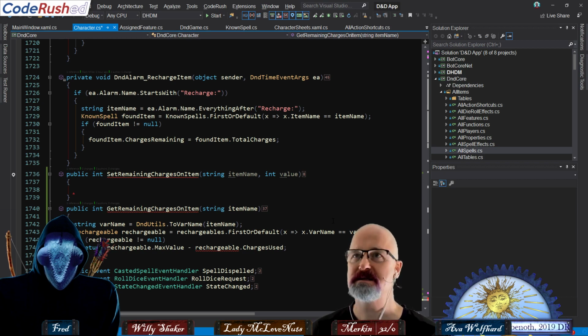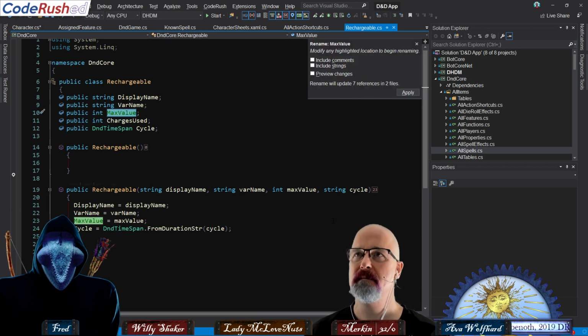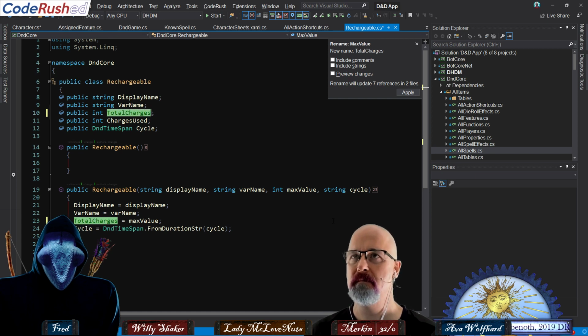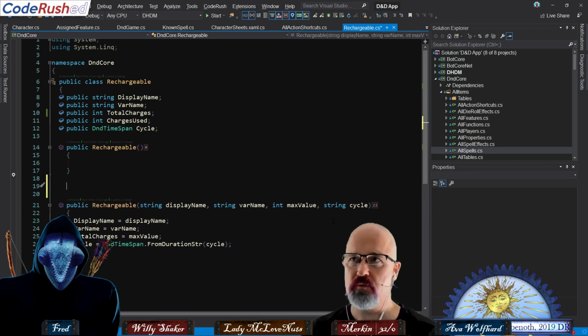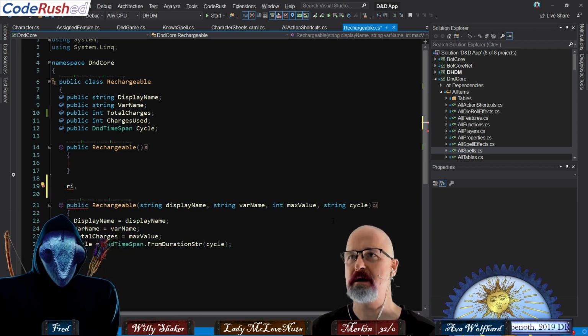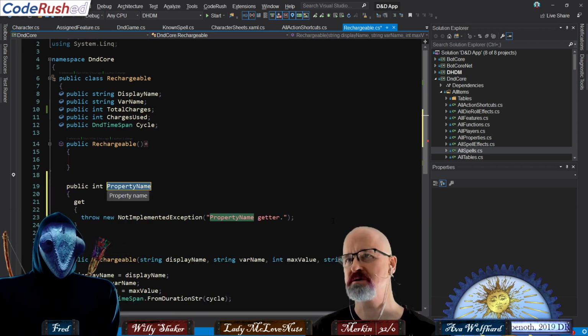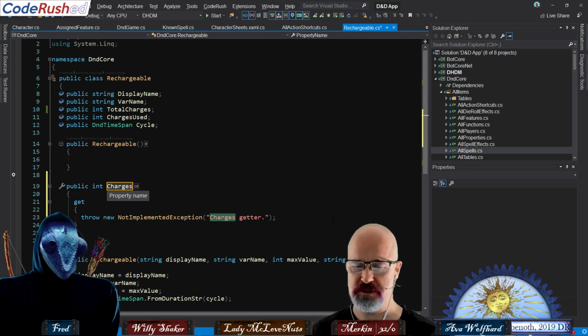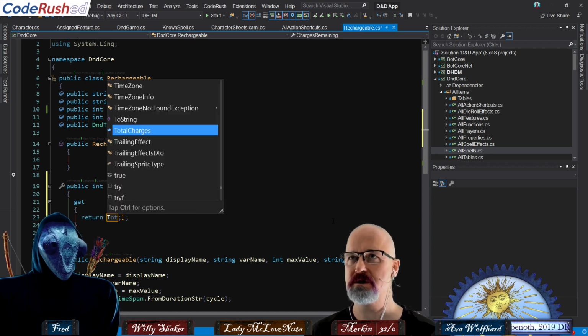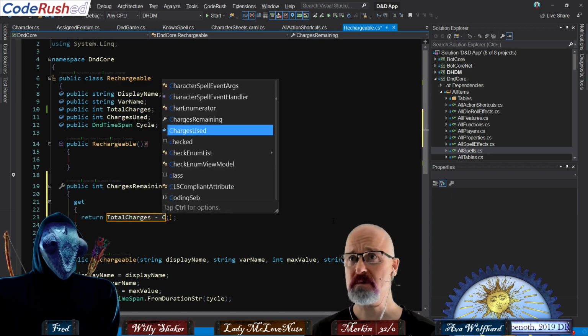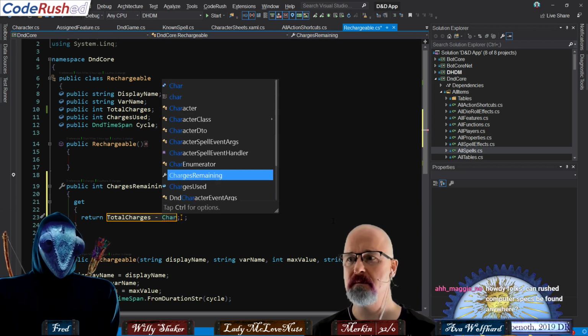I'm feeling the need to rename this. I think that was from right back at the start when we were speccing that out. Yeah, I can come in here. Naming since. I can create a read-only property that's of type int, and if I put a comma here, it will put no backing store in it, and I can call this charges remaining, like this. So at least we'll have two of these in here. And now we're going to say return total charges minus charges used.